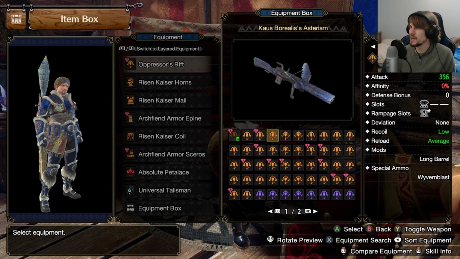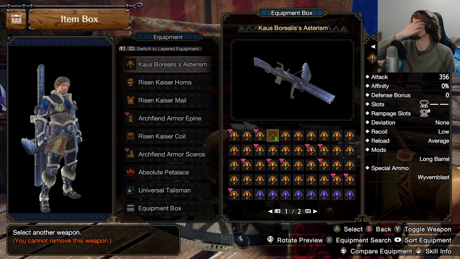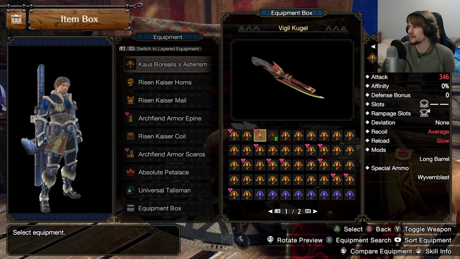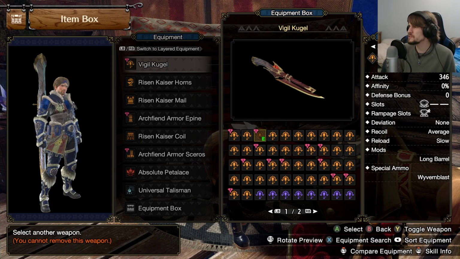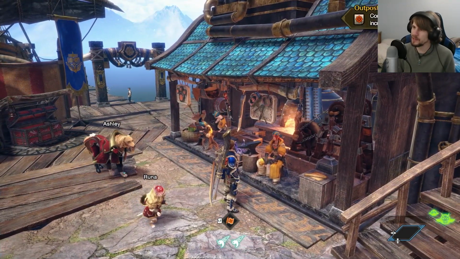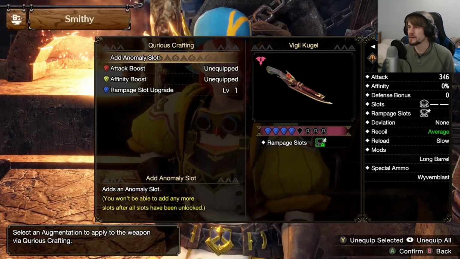Actually, there's no reason really not to take the Cos Borealis' Asterism or Lucent Nargacuga's, because that has 10 more raw to it, and they both have 0% affinity. The only difference is... actually, hang on. Maybe I could do something with this. Let me just see if I can get the Rampage skill up, because if I can slot on the Kushala gem, that'll give us affinity as it keeps hitting with it. I just don't know if I...